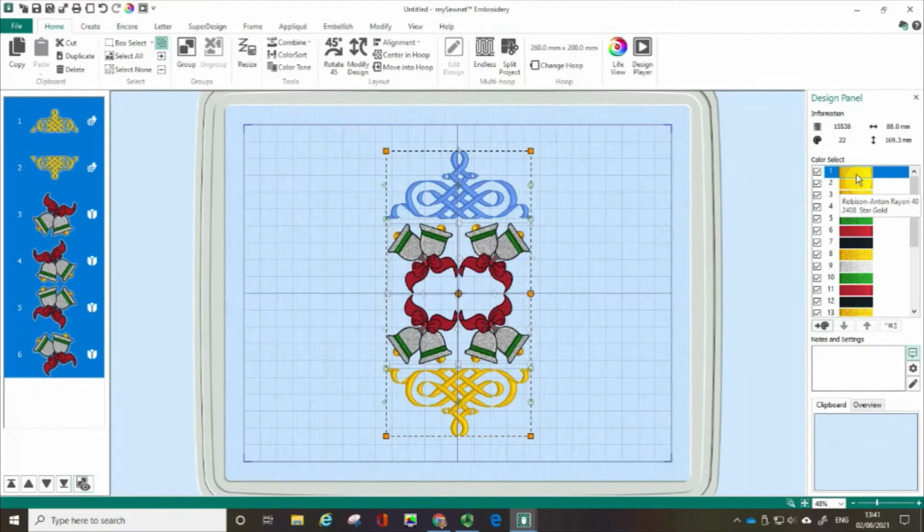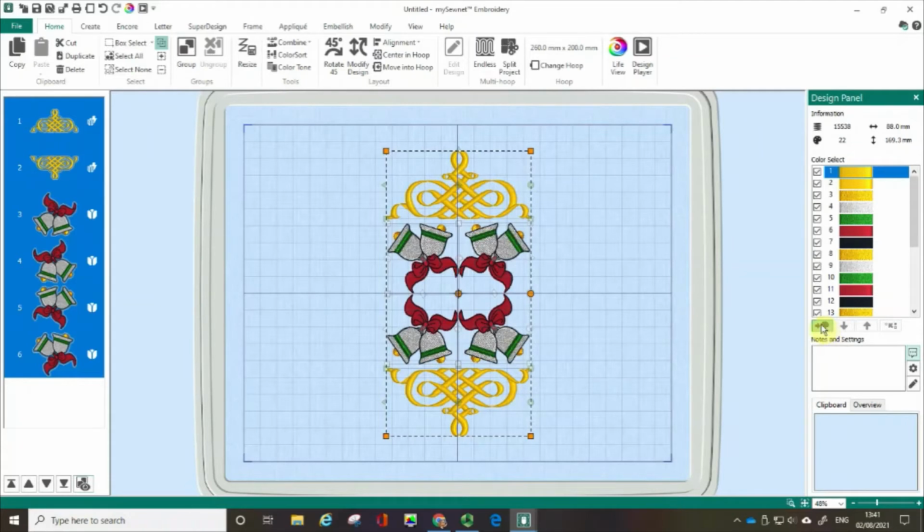Now in this case, in this design, I'm looking to change the colour of those top flourishes so that they match. They're the same red down here as the bows. So again, can you see that bow has changed colour? It's the bottom left hand one because I've put my pointer over. But what I'm actually going to do, so I've clicked on the colour number 1 and we're going to actually change it. The blue box is showing that that is the active part. Now down here